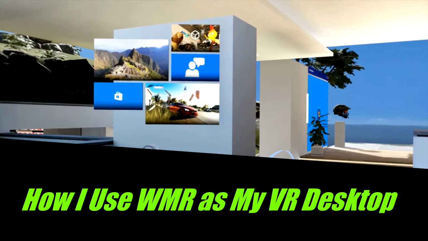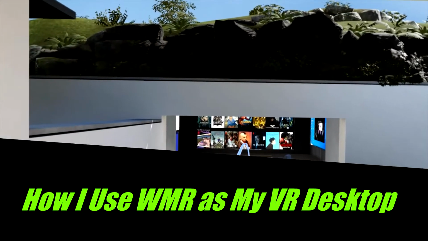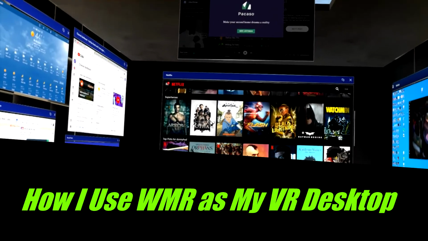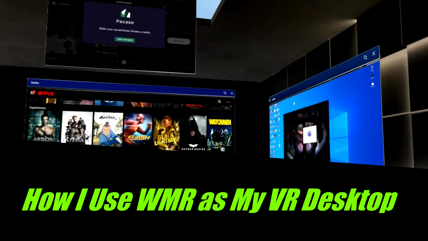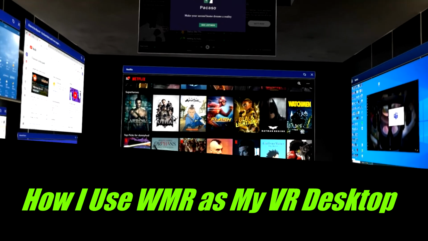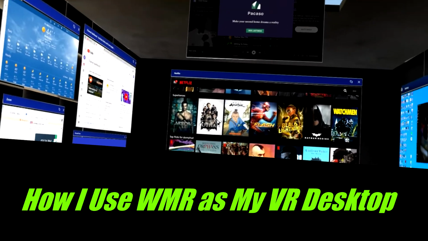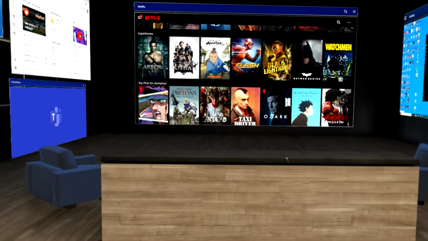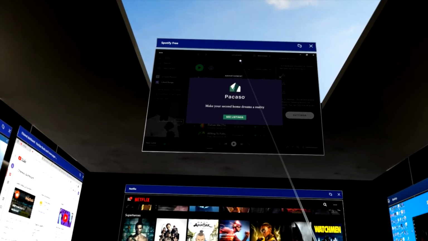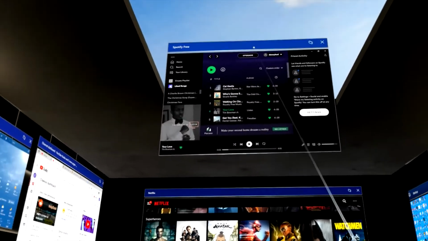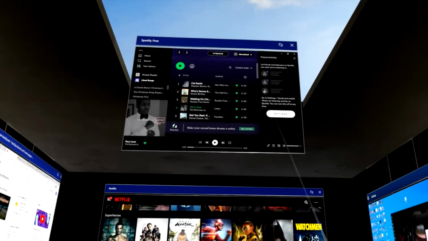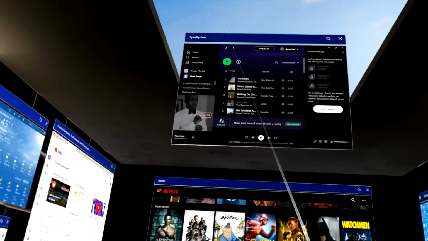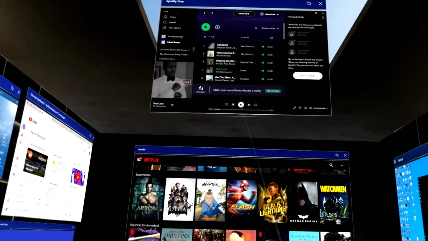Let's move over to my little space down here in VR. So this is what I call my little VR home station. It's within the cliff house here, and I've got a bunch of windows open up here that are essentially my VR desktop. So let's just take, for example, one of the applications that I have open, which is Spotify. So I put Spotify up here, and basically all I have to do, it's running Spotify just like it would on my desktop, except it's its own window here. And if I hit play,